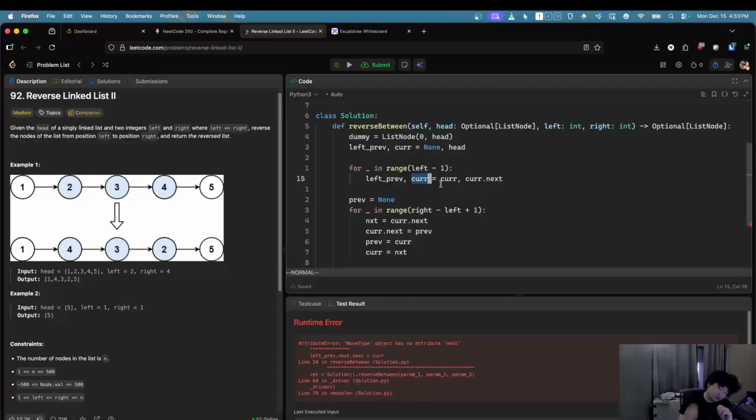Oh my god. Left previous equals cur and cur equals cur dot next. Am I missing something? Dummy list node. Then. Oh, hold on. Maybe I should have done